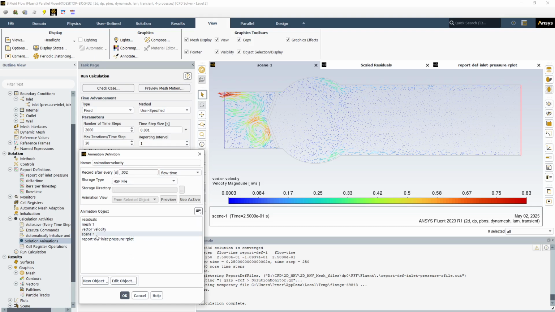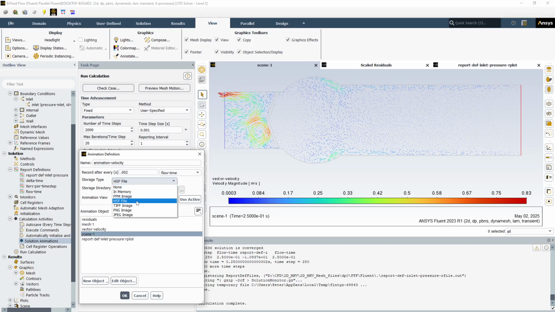So and we want to record scene 1, which is what I've just displayed here, which has the first 0.25 seconds. The flaps closed, and that's great. So we'll say OK to recording that, and